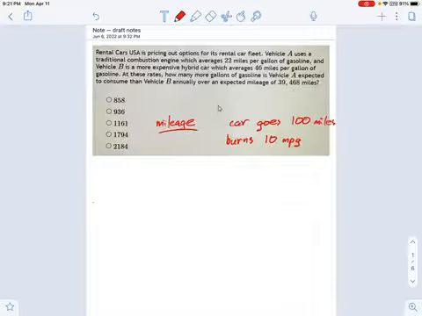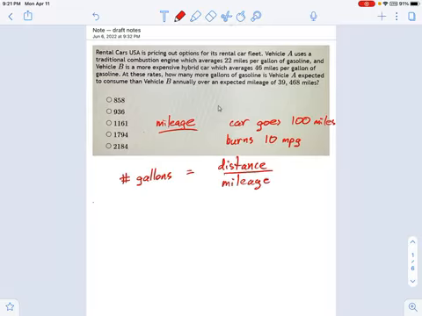Now, the operation that's going on here is division. So if you want to figure out the number of gallons, what you need to do is say distance divided by mileage. Now, anyone who's taken physics or chemistry is probably comfortable with the units of this sort of thing,